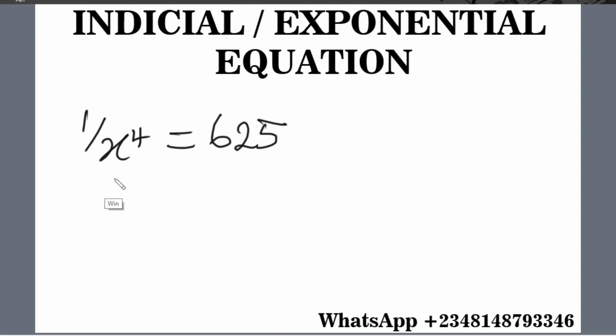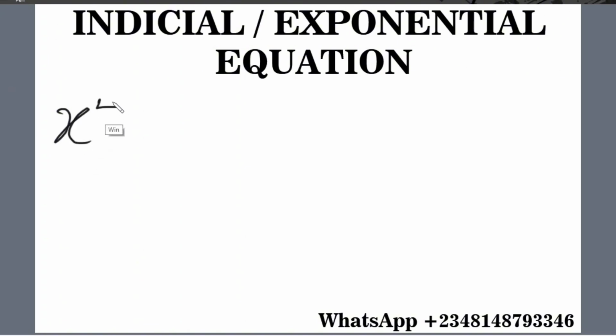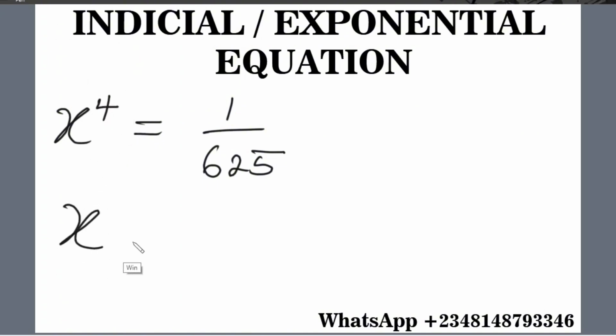Now the next task is to cross multiply. If you cross multiply, you make x the subject of the formula. It becomes x raised to the power 4 equals 1 all over 625. Now the next task is to find the fourth root of 1 all over 625 in order to eliminate power 4. So x becomes the fourth root of 1 all over